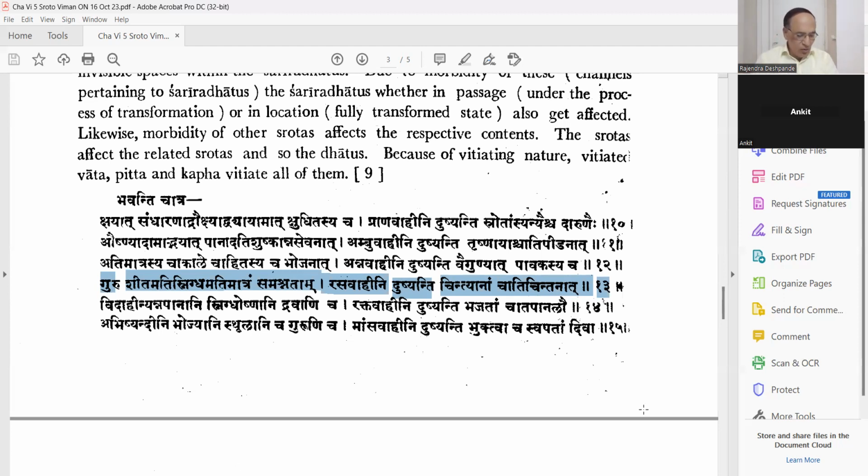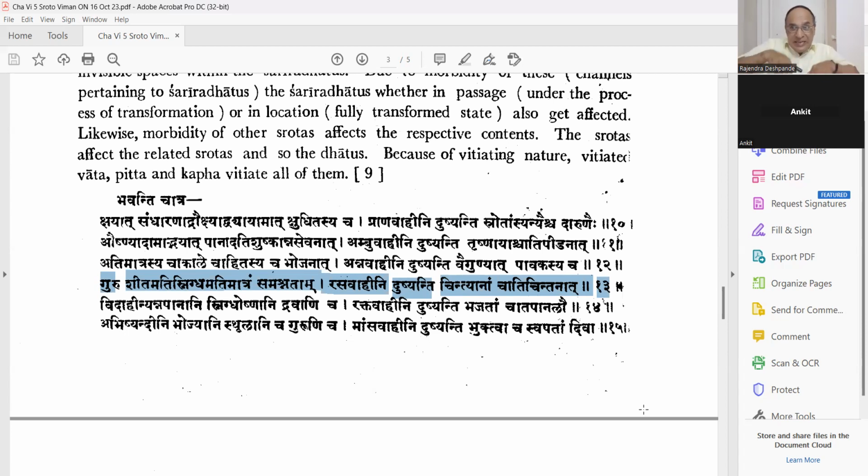Rasavahasrotas. Please write down: Rasavahasrotas, Dushti, Hetu, causes. Number 1, Guru Bhojan. Rasa dhatu is the first dhatu. After primary digestion, that ahara rasa goes to the liver and then the heart, and ahara rasa is converted to the first liquid dhatu in our body, that is rasa dhatu. But that gets problematic whenever the basic first digestion in the intestine is not proper.